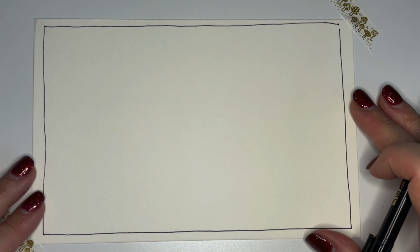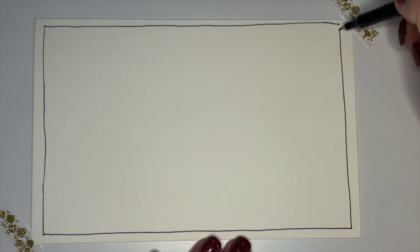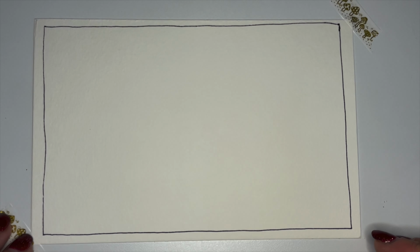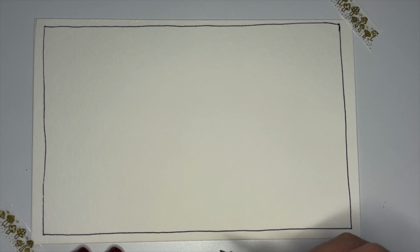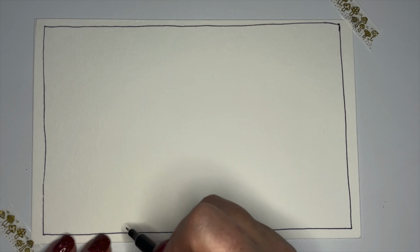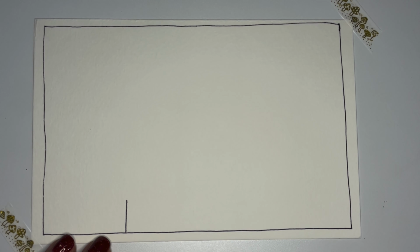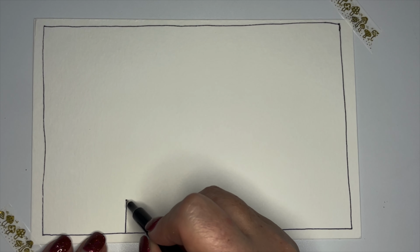And the reason I've taped my paper is because I want it to stay inside the camera view. You don't need to tape your paper down. It is not necessary. All right, so this Zentangle is one that was taught to me by my friend Maddy, and it is easy. So we are first gonna do a stick,